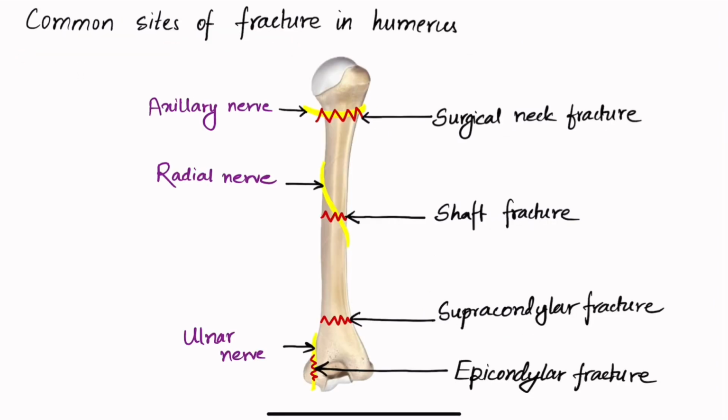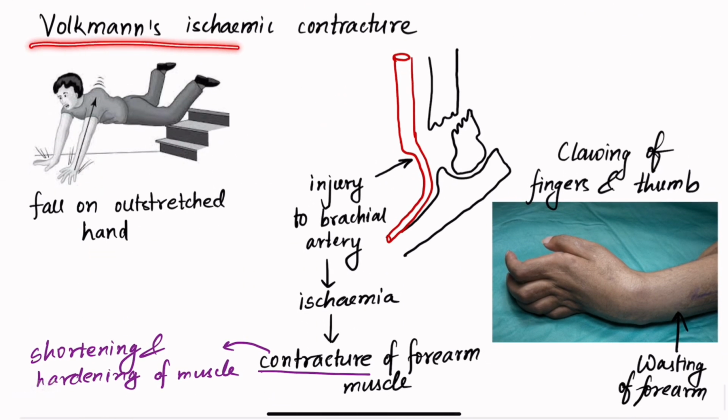Let's look at the clinical anatomy of humerus. The most common sites of fracture in humerus are the surgical neck of the humerus, the shaft of the humerus, the supracondylar region of humerus, and the medial epicondyle of humerus. Surgical neck fracture may lead to an injury to axillary nerve. Shaft fracture may lead to an injury to radial nerve. Medial epicondylar fracture may lead to an injury to ulnar nerve, and supracondylar fracture leads to something called Volkmann's ischemic